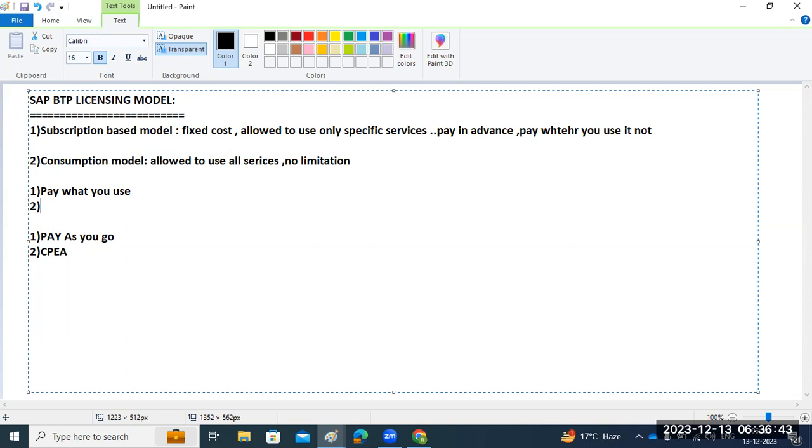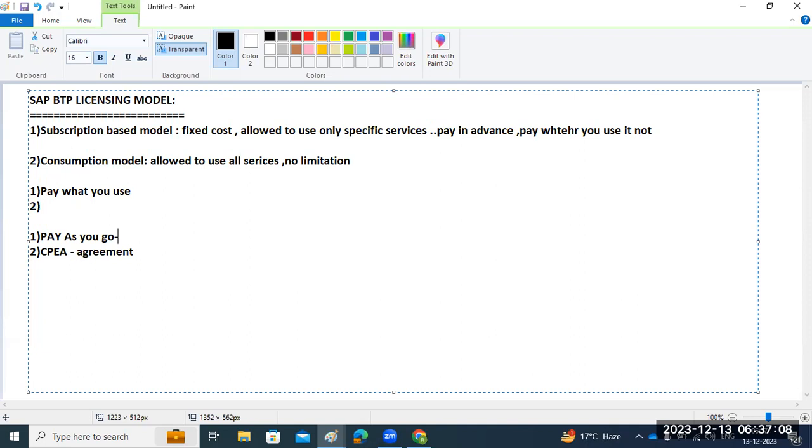In the consumption based model, they have categorized two types. One is the Cloud Platform Enterprise Agreement, CPEA. This is an agreement with the customer. Normally, high business customers go with the agreement based model, monthly or yearly.